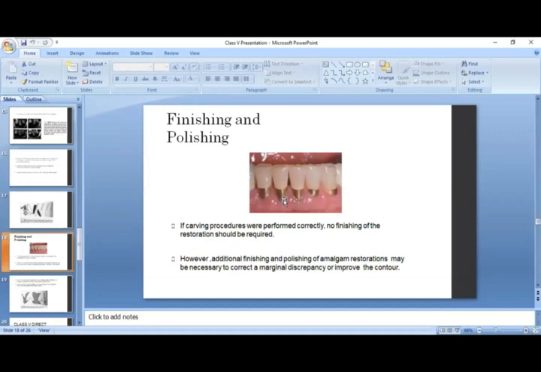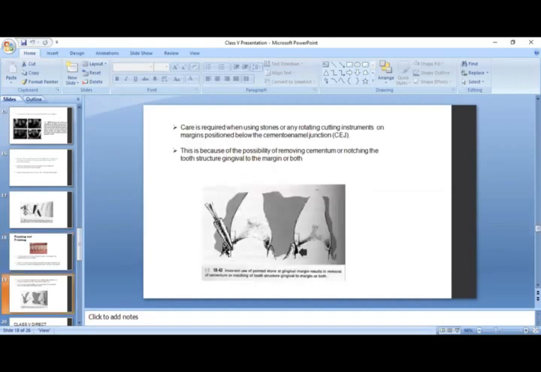What do you mean by it is critical? Critical means that while doing finishing and polishing in that area, we are not supposed to encroach or damage the gingival area. If we encroach or damage that gingival area, the first damage is to the gingiva and second is to the cementum. You know, this is basically the cementum. We remove the necessary cementum in that area just in order to finish or polish the restoration.